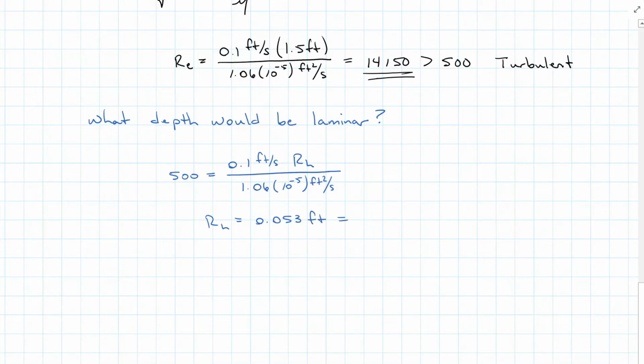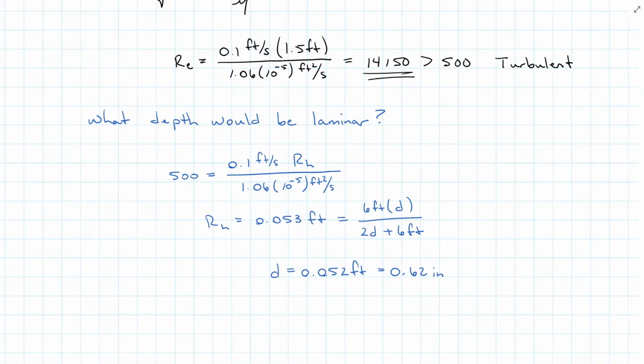And that's going to equal the width, 6 feet, times the depth that we're looking for, all over 2 times the depth plus 6 feet. And we find that the depth we need is 0.052 feet or 0.62 inches. Very, very shallow,